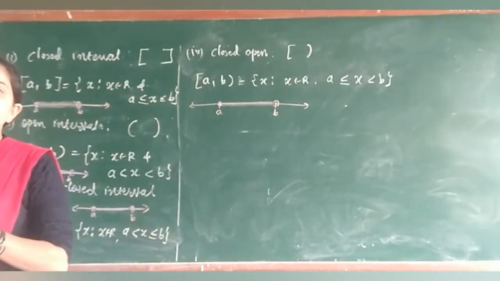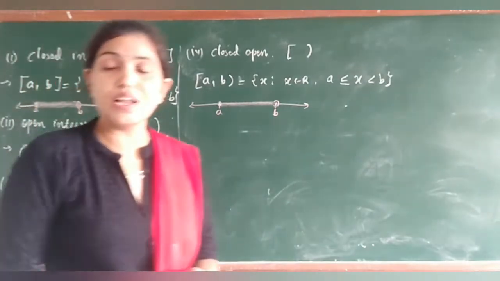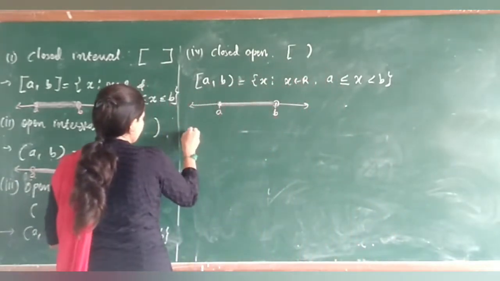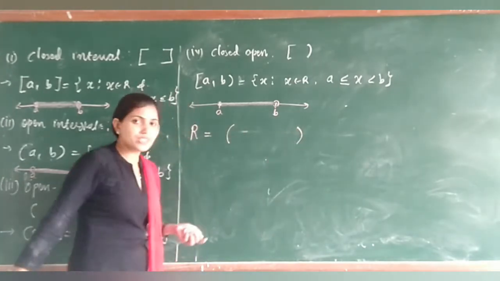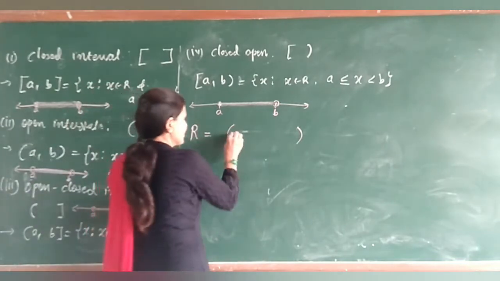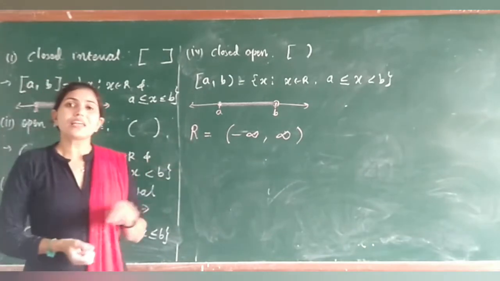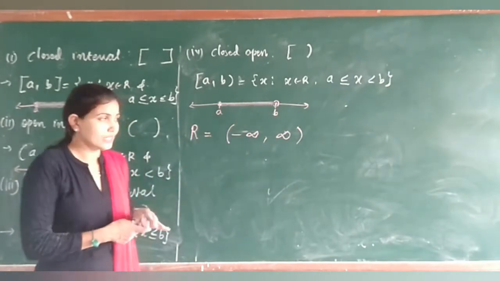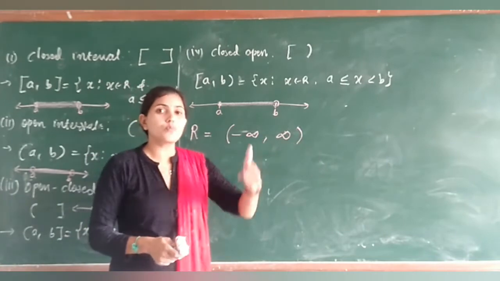So these are the intervals as subsets of R, and all the intervals are subsets of the set R. Also, R can be written as, I am writing here, a which interval, students? Open. R is going to be minus infinity to plus infinity. Somewhere we have written R like this. R means minus infinity to plus infinity. And infinity does not have any value, so obviously we have to write it with an open bracket.